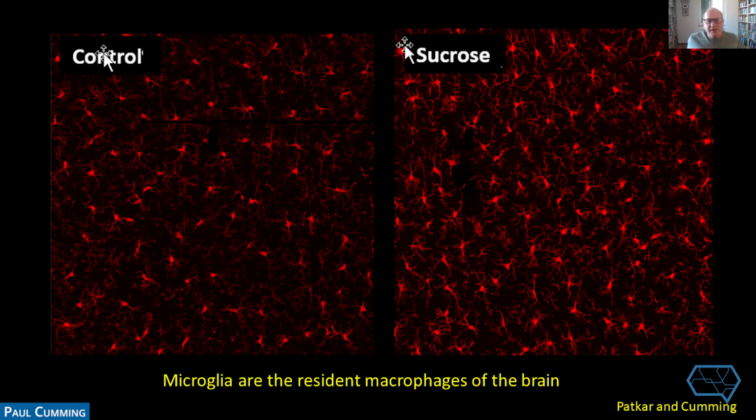So these are microglia. This is something completely different. This has nothing to do with dopamine or glucose, but these are the resident macrophages in the brain, here in the rat, labeled with a marker for microglia. And these are the inflammatory cells, because Huntington's disease is an inflammatory disease. And if we go to the next slide,